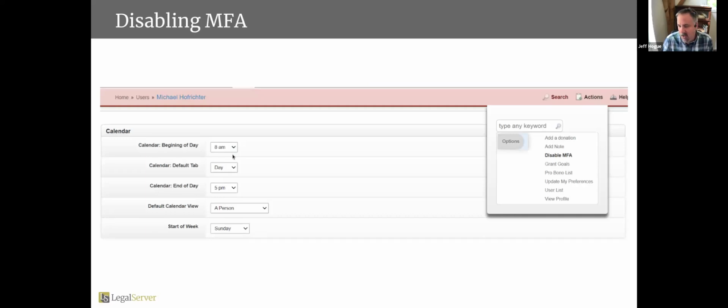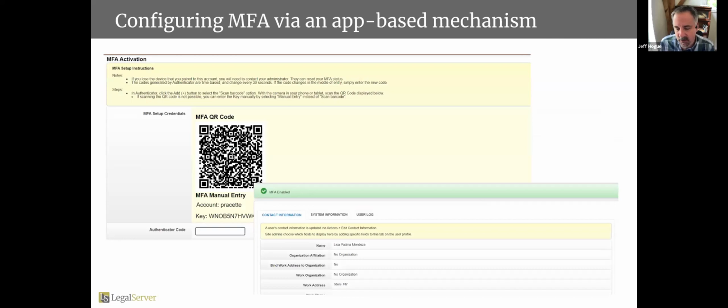I really am shy about telling other people what to believe and what to do in the security context. But this is one of those where, and the reason that we haven't pushed on it harder is, everybody who works in LegalServer in a client-facing capacity has worked in legal aid programs. We know how hard it's going to be for you to convince some users to do this. They're going to hate it. They're going to say it's a pain. They're going to say it's not necessary. They're the ones probably who have their password on a sticky note on the monitor. That's actually not the biggest thing to worry about as far as I'm concerned anyway.